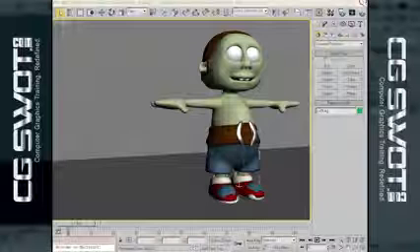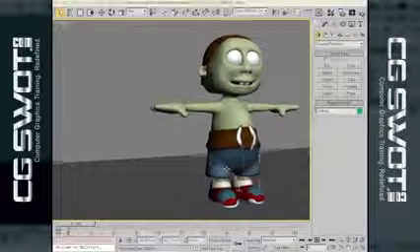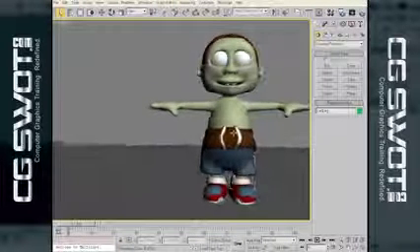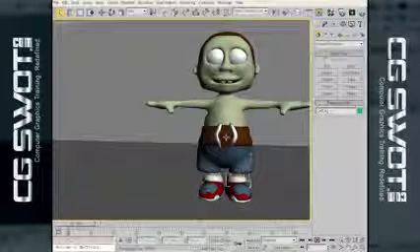Okay, so we might as well get going. Our 3D character here is a character that I'm going to be using throughout a couple